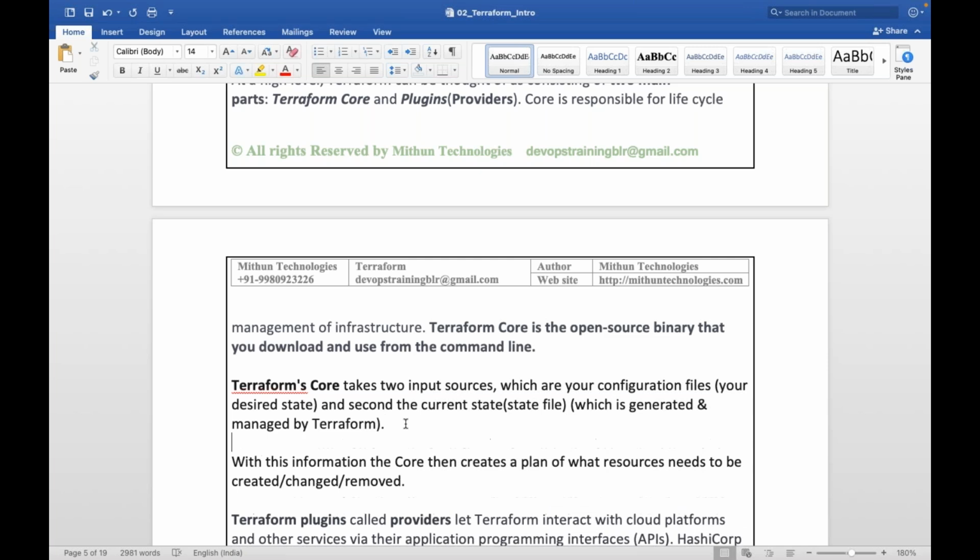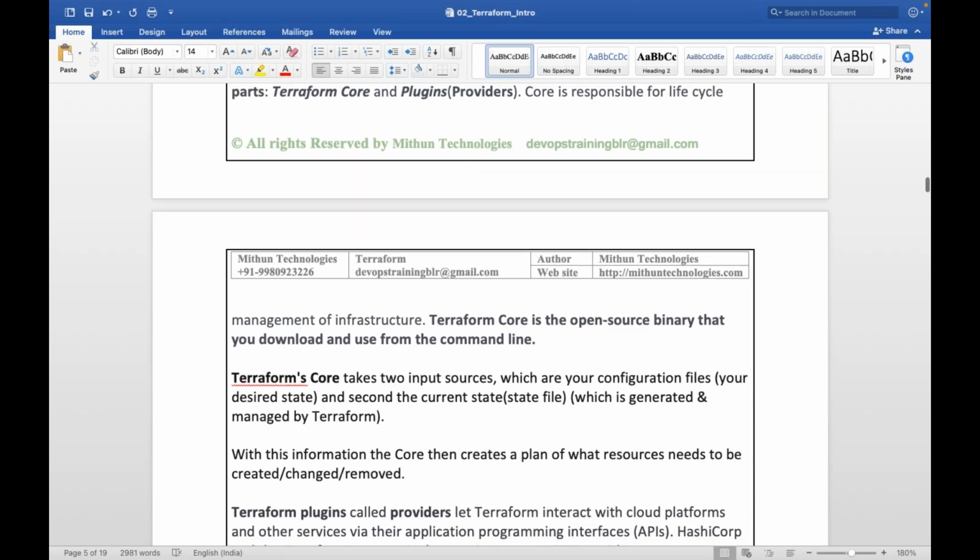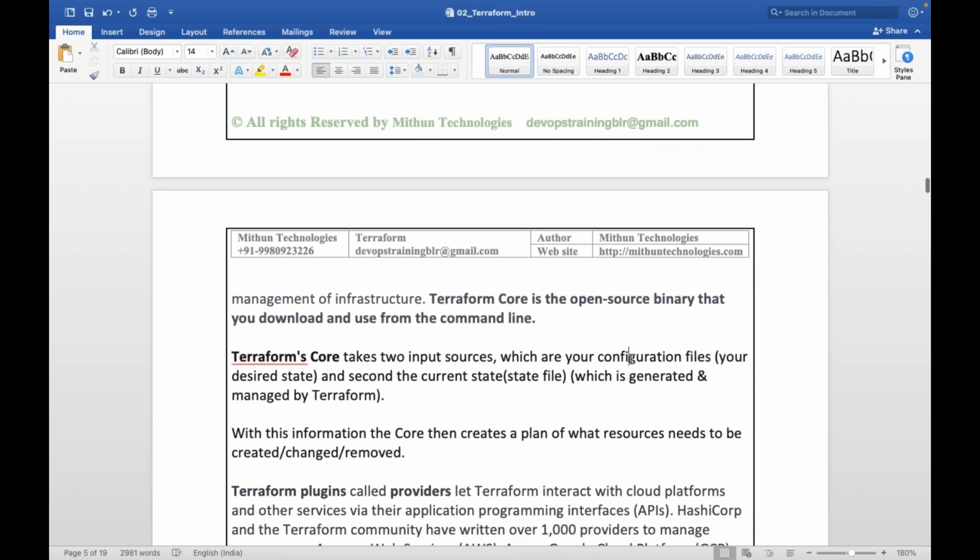So using these two inputs, your Terraform code, that is the desired state, and the current state, the state file, Terraform creates a plan of what resources need to be created, updated, or removed.